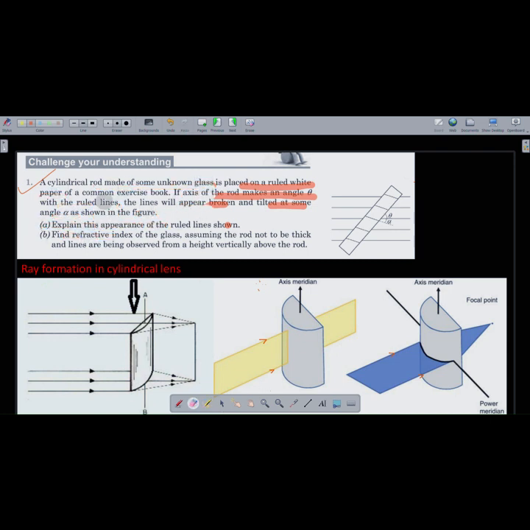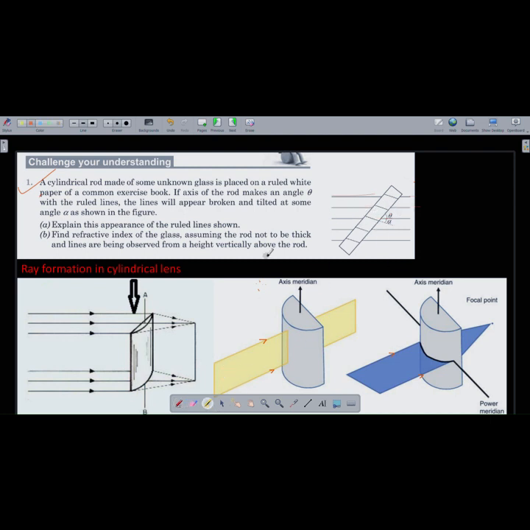So, let us now analyze the problem. The problem wants to say that these are the lines of the ruled notebook, and this is the cylindrical lens. It is something like this. It's cylindrical, so this is a cylindrical lens. It is inclined at an angle theta on the ruled line. So the angle that the cylindrical lens is making on the ruled lines is angle theta, and the light rays, like, see,